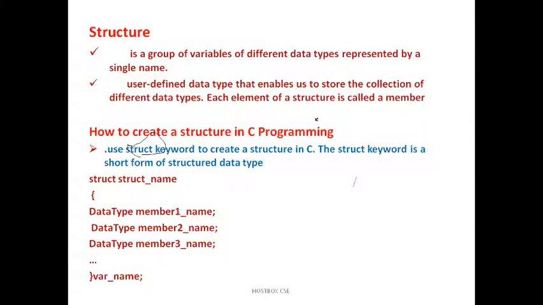Why do we go for structures? If you want to save a lot of data in a huge program, for example library management or student management, we need structures because arrays can't support all of that. In a structure you can use all data types like integer, character, float, anything, and you can also extend the concept of structures with the help of pointers and arrays of structures.